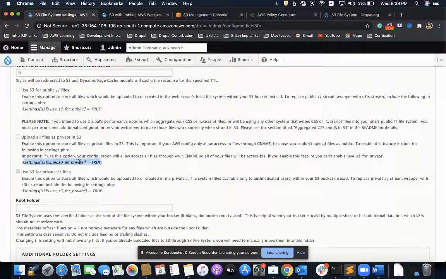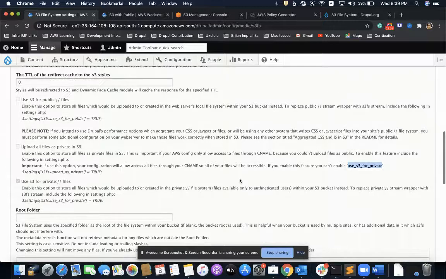So I would have to configure this option to true, to upload everything as private, and then disable this option, because if I enable this option, I should disable this option. It is mentioned here: if you enable this feature, you can't enable this feature. So to enable this option,